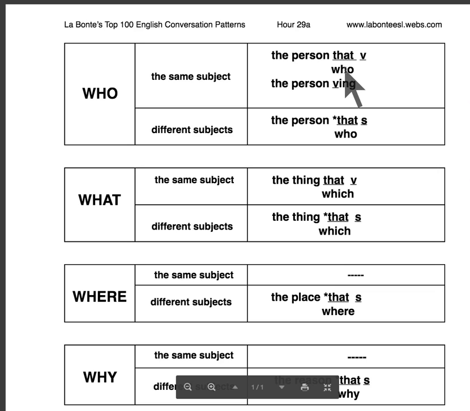They're interchangeable. There is a short form here if somebody is in continuous action doing something. The person talking is my friend. Instead of person, you can put the man walking there, the woman cooking, the boy playing tennis. This is a short form of this here.